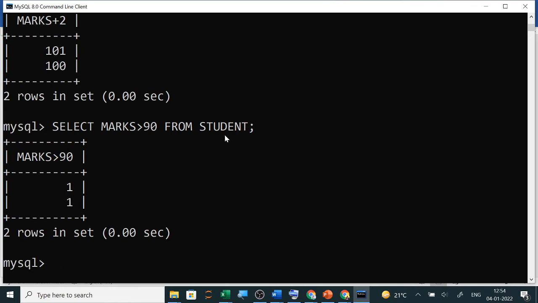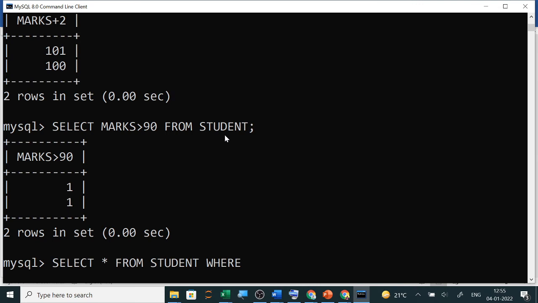So greater than. Now I can use it in the WHERE clause also. Suppose I want to display records of the students: select star from student, and in the WHERE clause I will use the logical operators, the AND operator and the OR operator. I will use 2 conditions here with AND.